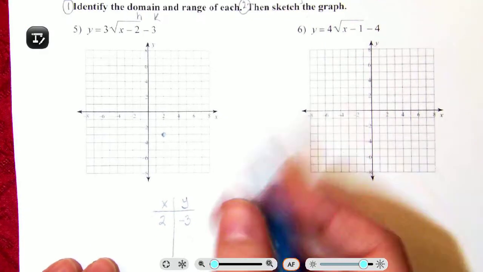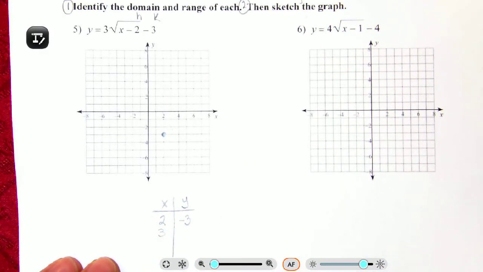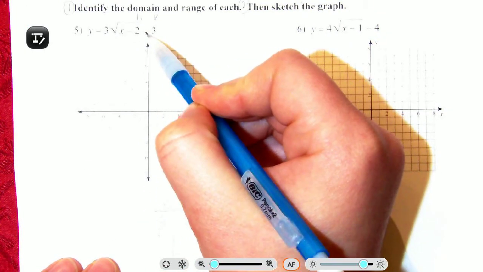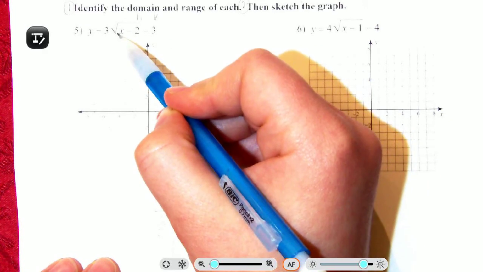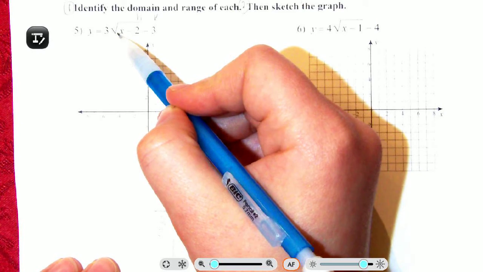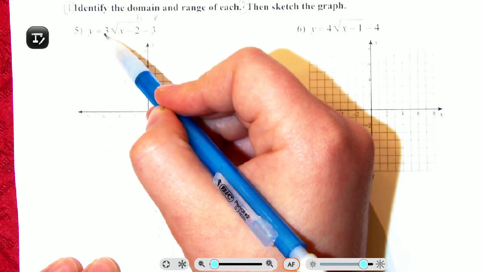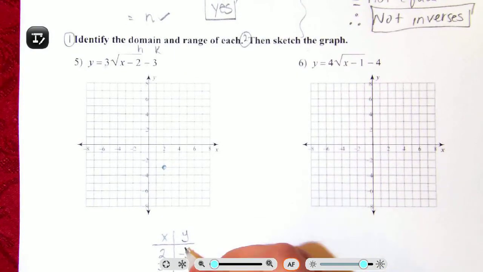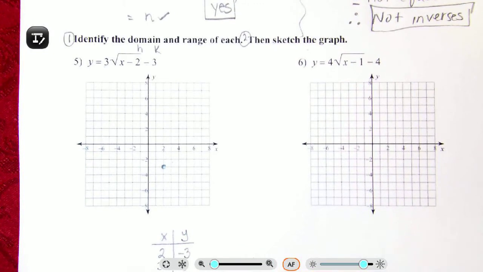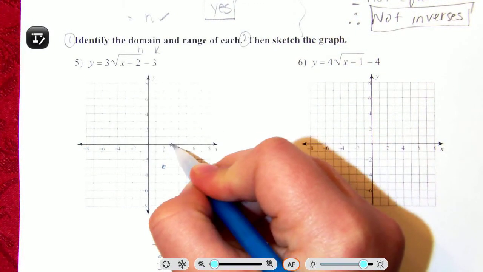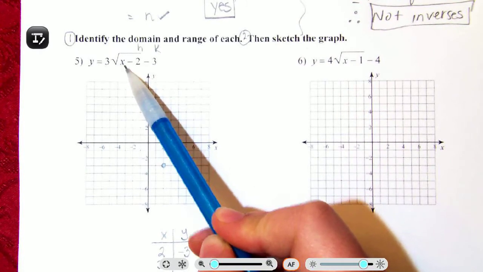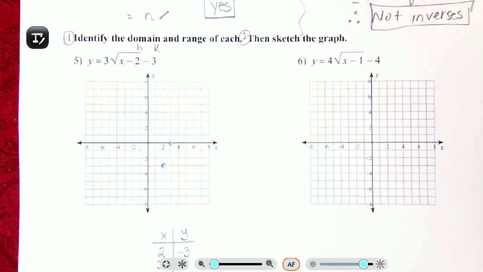Okay, so plugging in 3. Plug and chug just like you were in beginning algebra. 3 minus 2 is 1. The square root of 1 is still 1. 1 times 3 is 3. And 3 minus 3 is 0. So when I plug in 3, I'm going to get 0. I'm going to double check that again. I'm plugging in 3 in for x. So 3 minus 2,